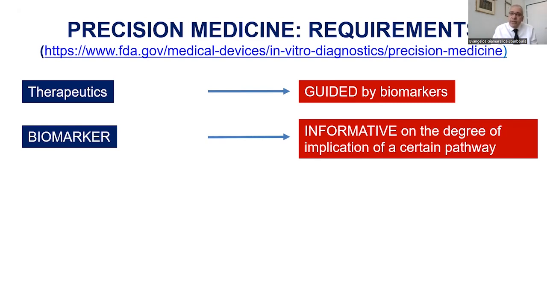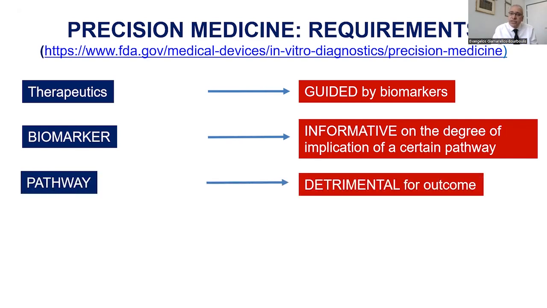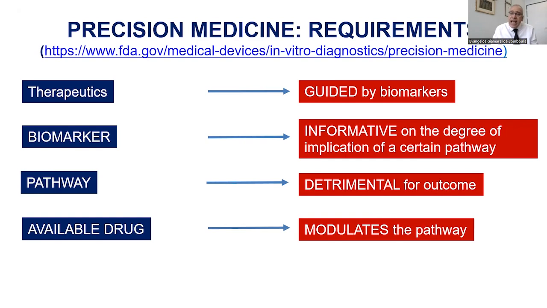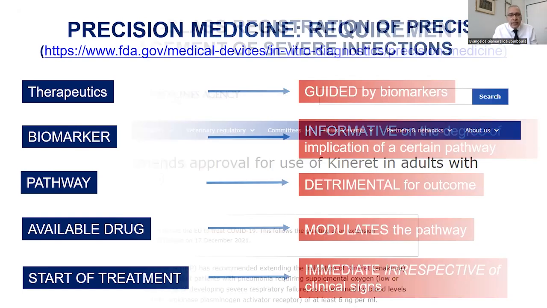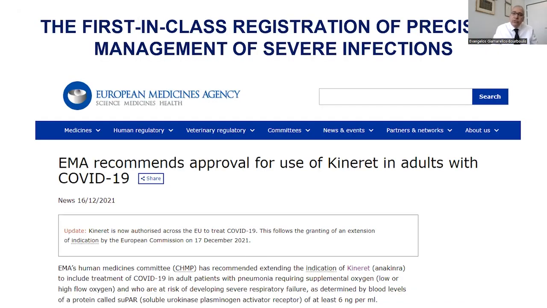The biomarker should be informative on the degree of activation of a certain pathway, which has to be then treatable for outcome. And there should be an available drug which may modulate the pathway. And we need to start treatment immediately based on the existing alteration of the concentrations of the biomarker, irrespective of clinical signs. So, first of all, I'd like to tell you that this may work